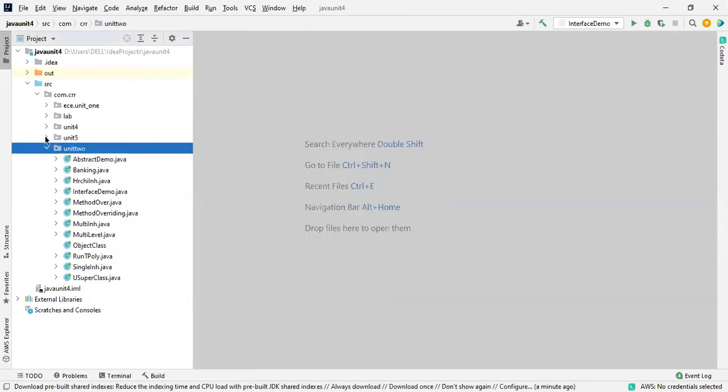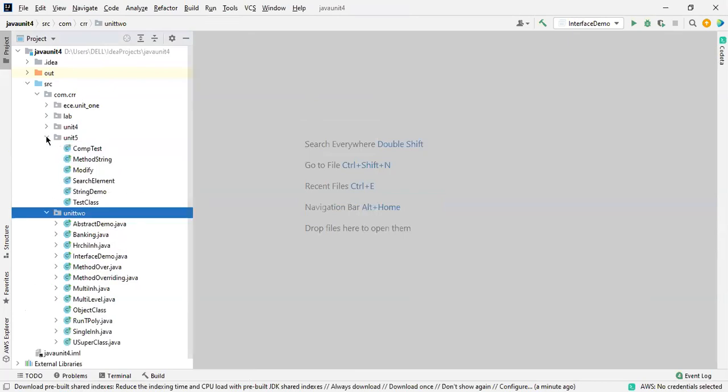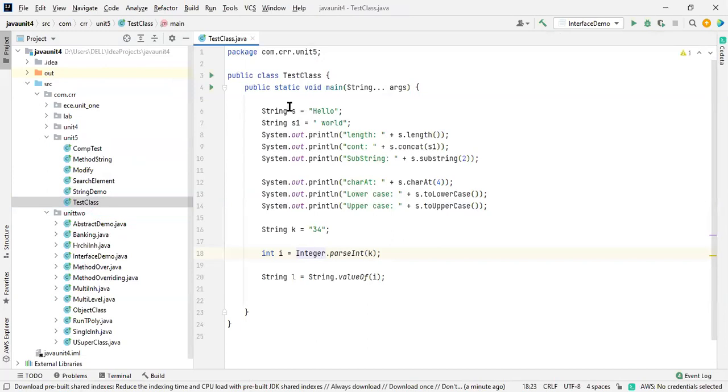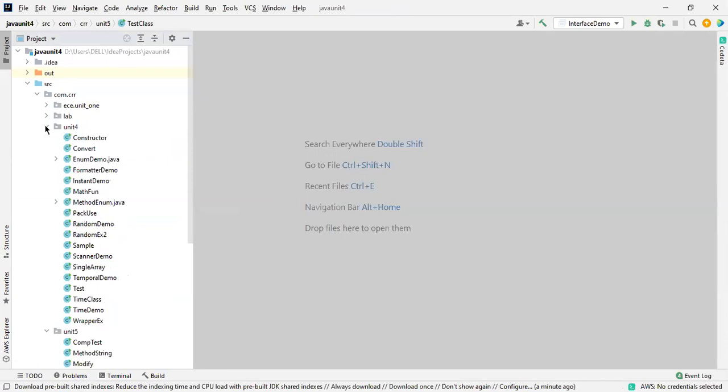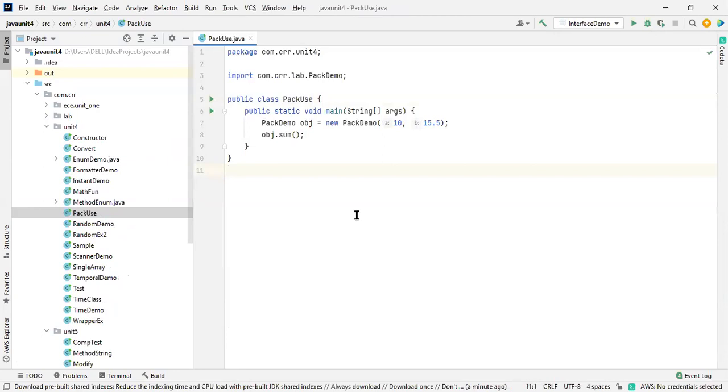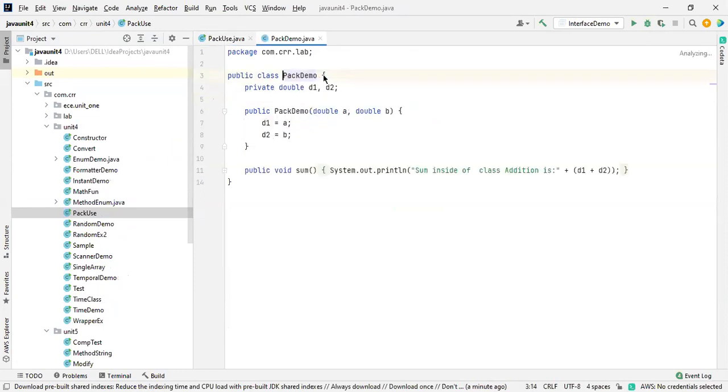Let me check it out 1 second. Test class. Yeah, pack usage. This one, right? I already said this one. So this one is a pack demo. Let me open this. Yeah.